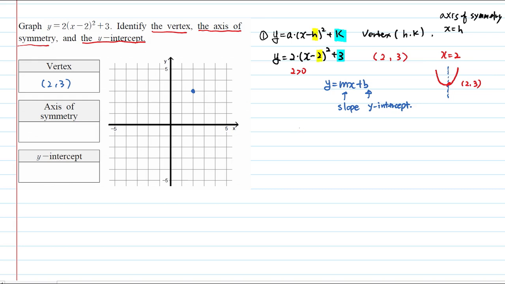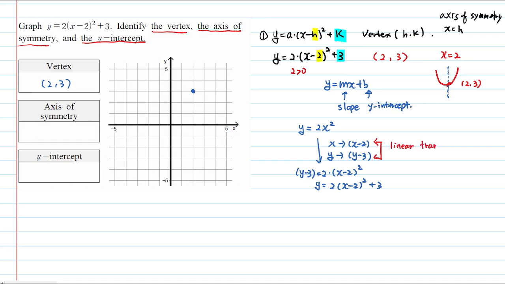Now, think about it. This question started with 2 times x squared, right? If you remember the transformation, instead of x, we plug in x minus 2. Instead of y, we plug in y minus 3. Now, remember, y minus 3 is 2 times (x minus 2) squared, so y is 2 times (x minus 2) squared plus 3. These two processes are a linear transformation. Linear transformation means it's moving